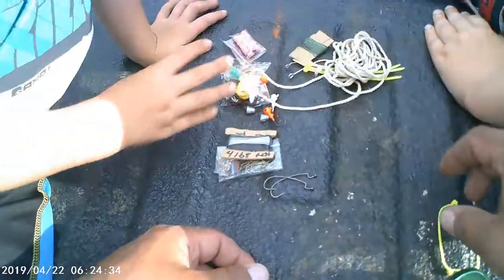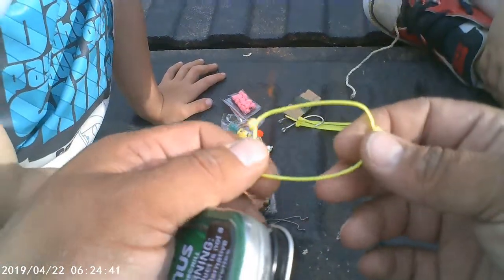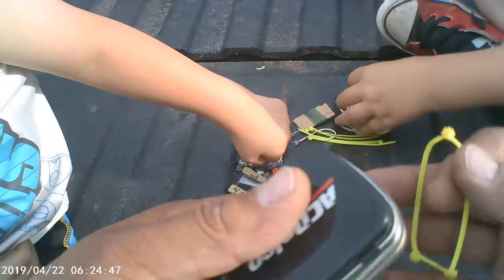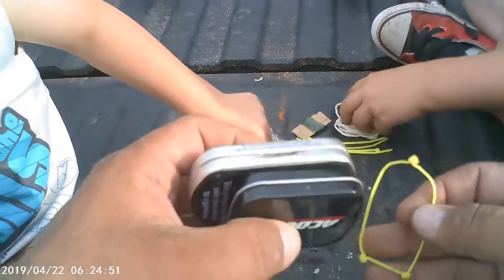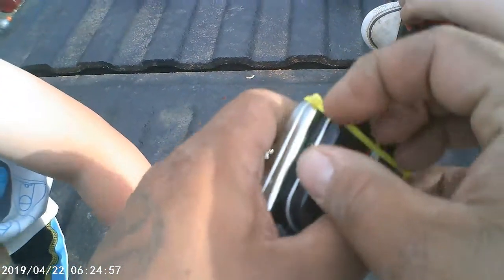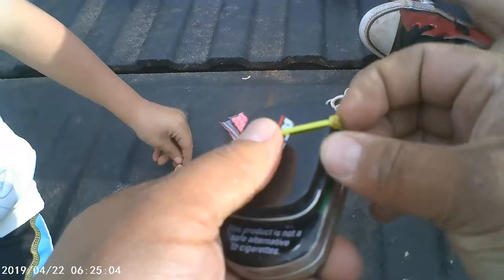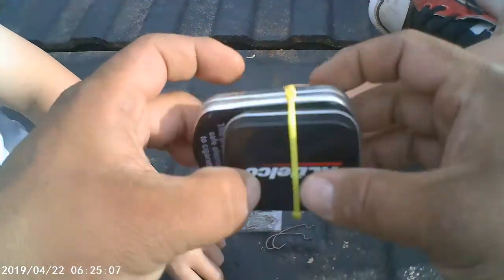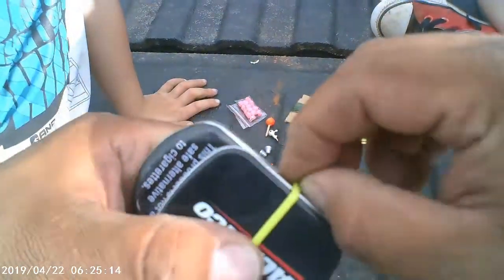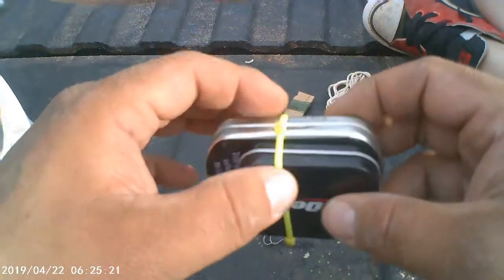Now, like I was saying earlier, the zip tie that was holding this all together is a multi-purpose tool for this kit. Now, as you can tell, we don't have a reel. Yes, you can use a stick, you can use a bottle lying around if you can find one. I use this tin, and what I do is I slip this zip tie back over it, like so, and then you'll either take your 4-pound test line or your 25-pound braided line, and you'll simply tie a fisherman's knot on this zip tie somewhere. And what that is going to do is hold it in place so it doesn't come off